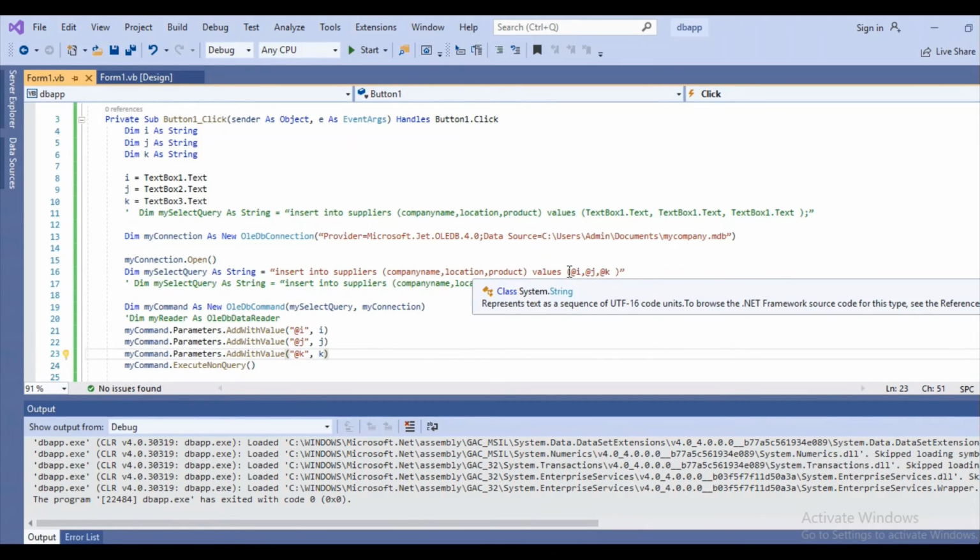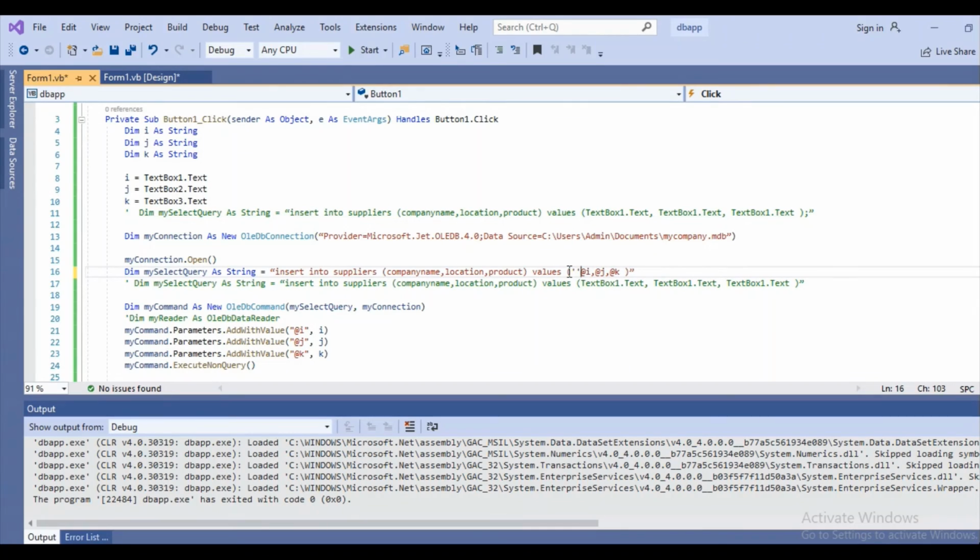If you want to directly enter a value, you can simply write it in single quotes, for example Aisha, comma, single quotes ABC, comma, single quotes, whatever you want to give. These are hard-coded values, but if you want to insert the value of a variable, you have to give the name of the variable with the @ sign before it, and for every variable you have to assign the value, otherwise it won't work properly.